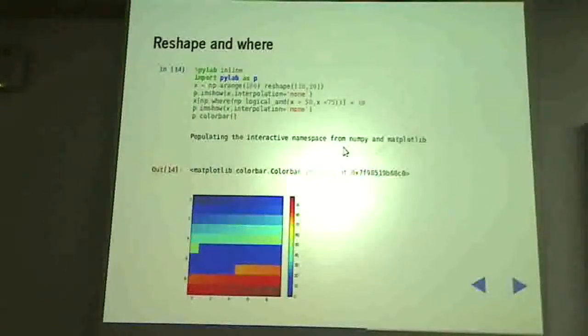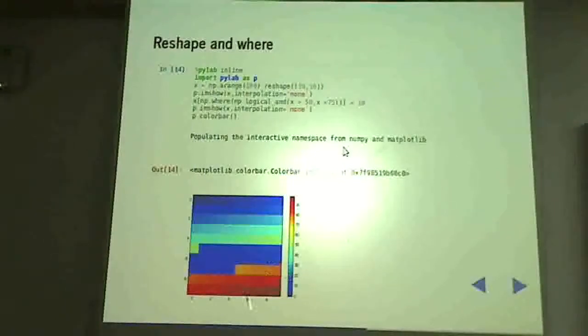So 51 is okay, 74 is okay. So all numbers between 51 and 74, and I put this into square brackets, because these are the elements of the array that I want to manipulate, and I set them to 10. So everywhere the value of the array is between 51 and 74, both included, that will get set to 10. Okay, and then I do an imshow, and this is the image that I get. The previous imshow got overwritten by this image, so I should have done it a bit more cleanly.